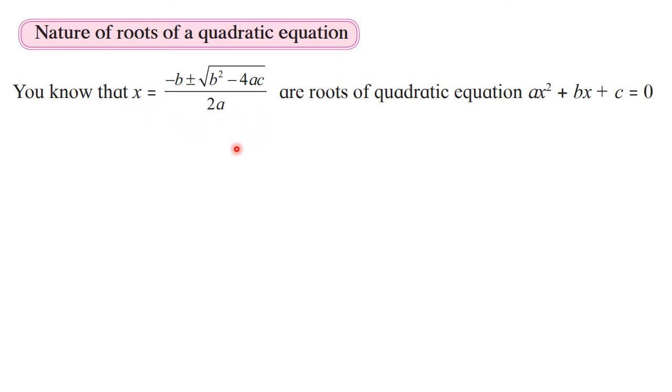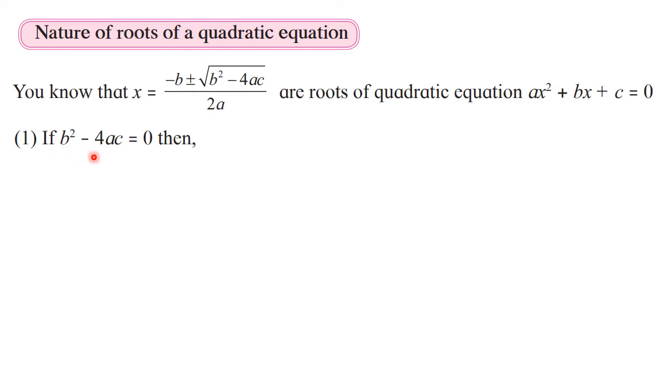Okay. So here these two roots, and then we have solved certain examples and there what we found is that this particular factor b square minus 4ac is responsible for the nature of the roots of the quadratic equation, or this factor decides the nature of roots of a quadratic equation. Okay. So this is called as discriminant and it is denoted by the Greek letter delta.